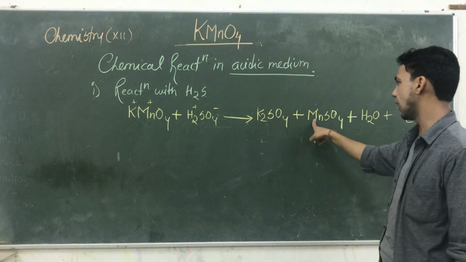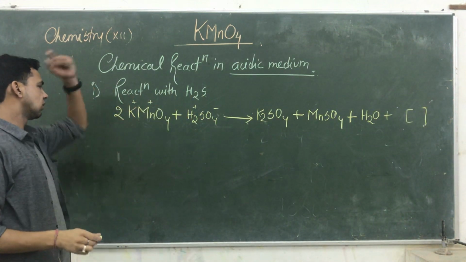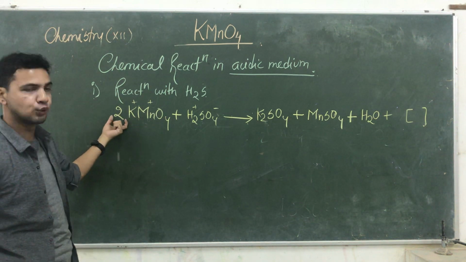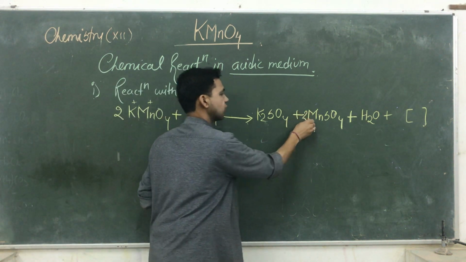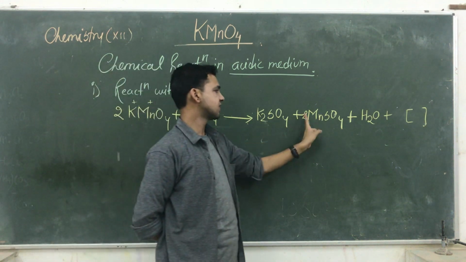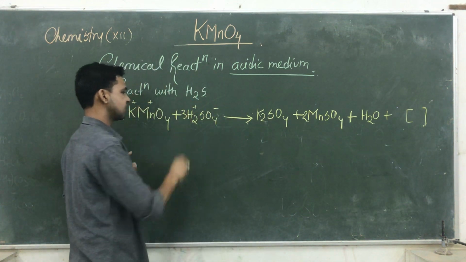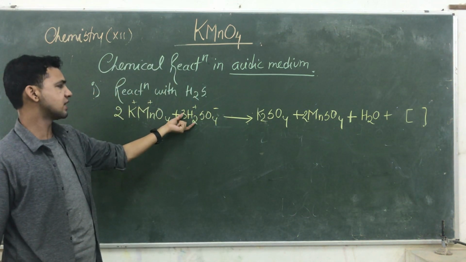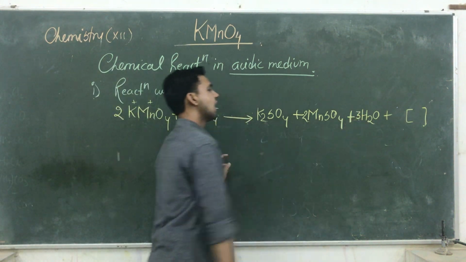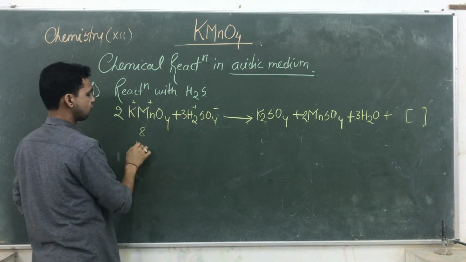Here K is 2, Mn is 1. So K is 2, here we are writing 2. But in balancing K, how much did Mn become? 2, so we need to balance. Mn is also 2 here. Mn balanced, K balanced, we need to balance sulfur. How many sulfur? 2 plus 1, 3. So we need to write 3 here. Sulfur is also balanced. We need to balance hydrogen. 3 times 2 is 6. So here we are writing 3. How many oxygens? 4 twos are 8, 3 fours are 12, 20.